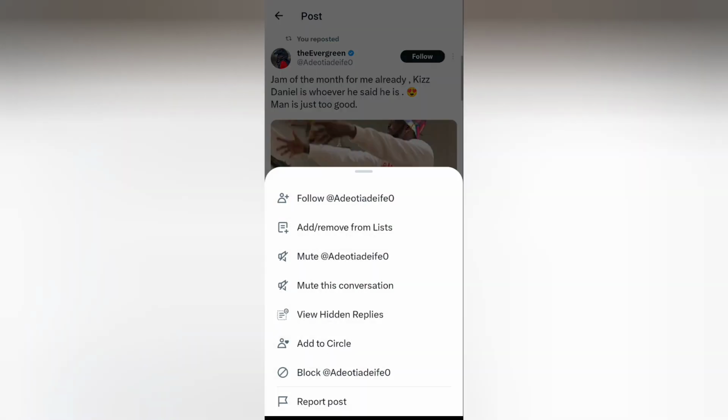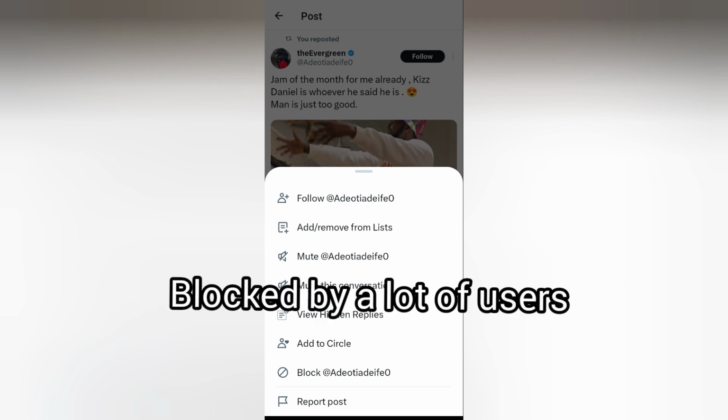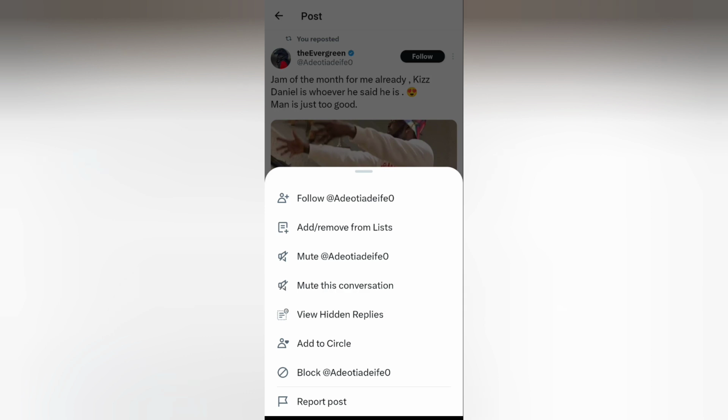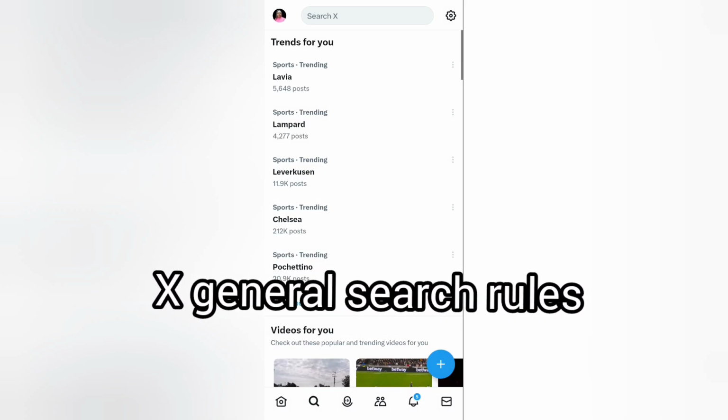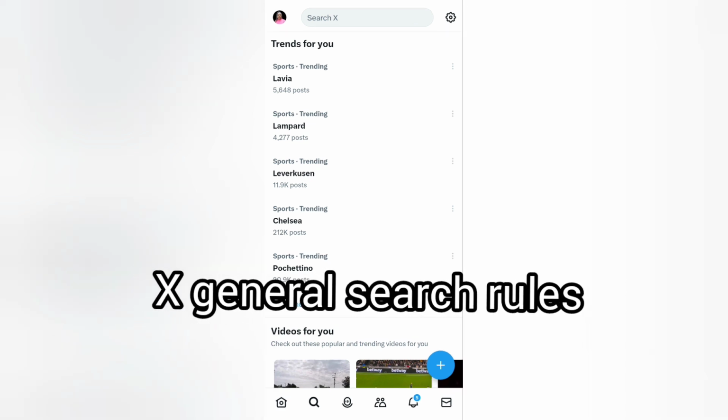Guys, this could result in a shadow ban when so many accounts block you at the same time. It could limit your content's visibility because X will detect that your account is something others don't want to see. So when people are always blocking your account, it is not a good one. Also, when your content goes against X general search rules or you repeat the same links and tweets, this could